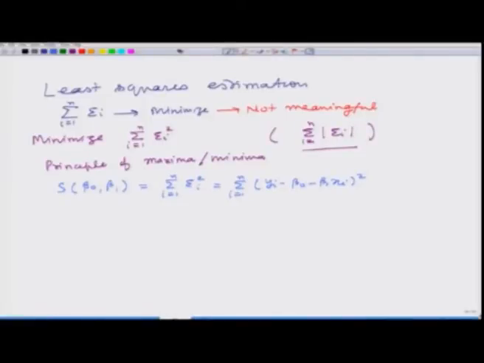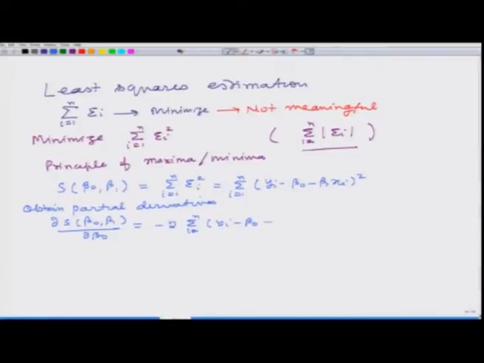If I try to obtain the partial derivatives first, the partial derivative with respect to beta 0 will come out to be minus twice the summation i goes from 1 to n of (y i minus beta 0 minus beta 1 x i),